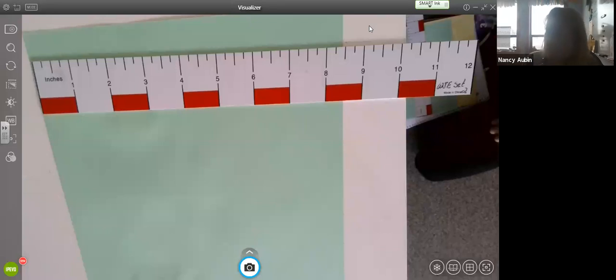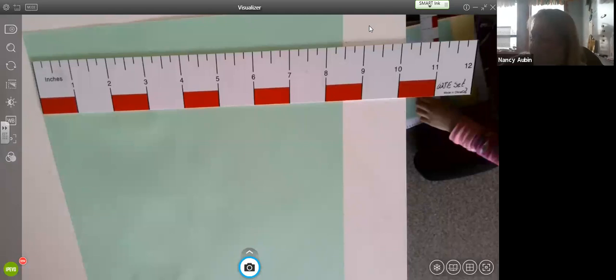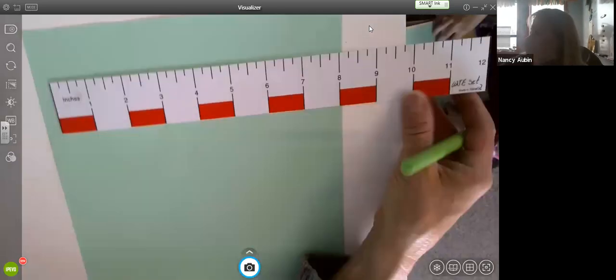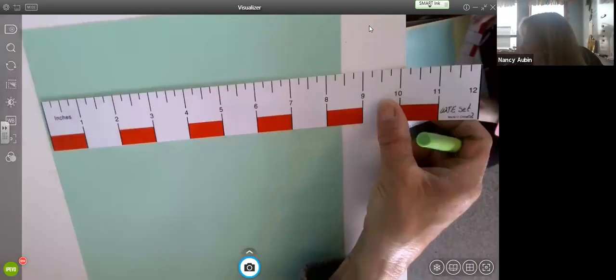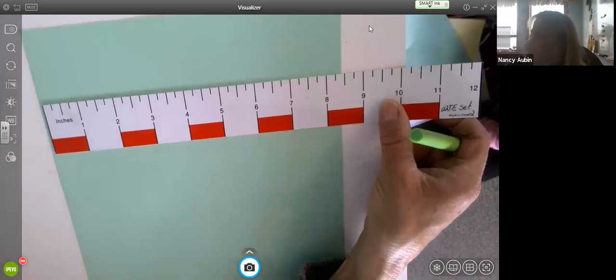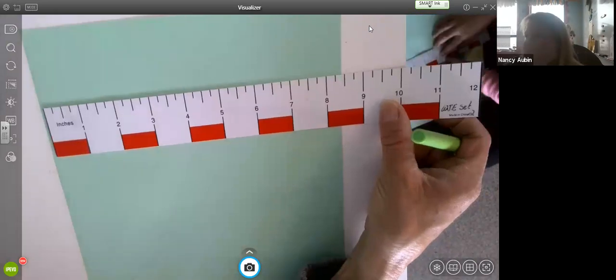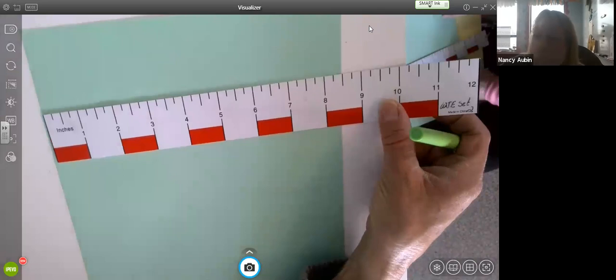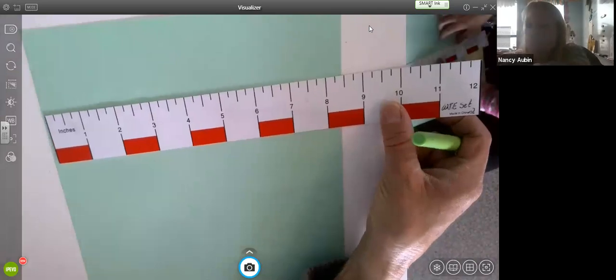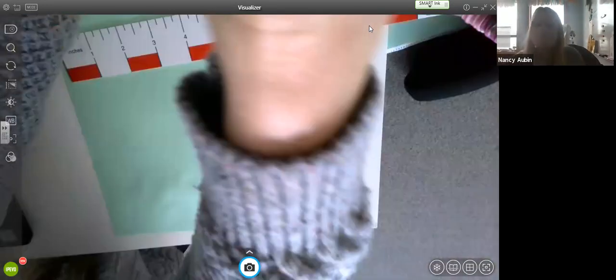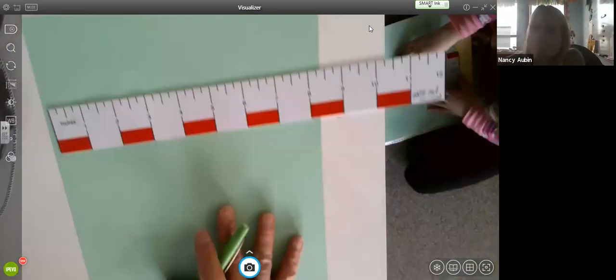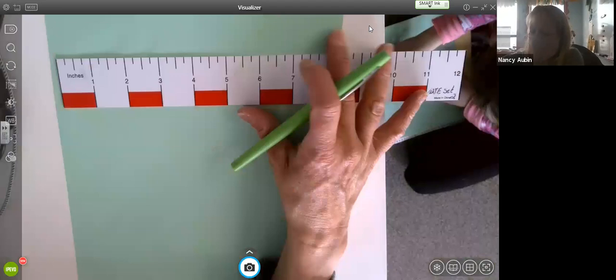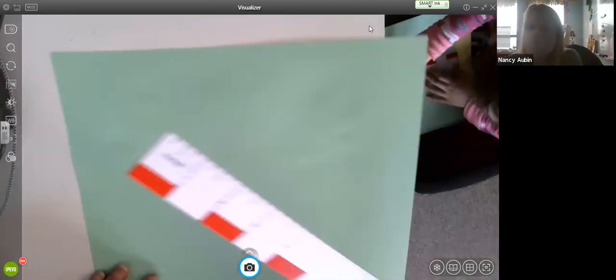Well, we can't do 4.5. We just measured it. He just told us it's 8.5. What do we want the sides to all equal, Sonny? We need all of our sides to be 8.5. So let me show you how to do that. I don't want anyone doing it yet. Just watch. So since we have one side 8.5, turn it